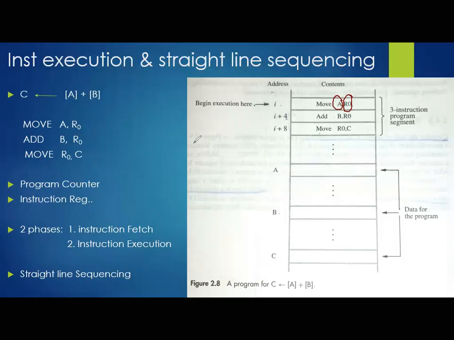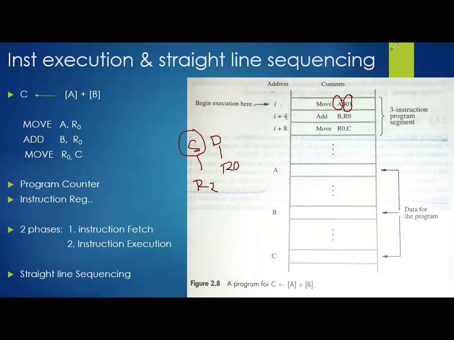So from MDR to some temporary location, we need to shift them for operational purpose. While execution, both source and destination must be available inside the processor. So source value will be managed under any general purpose register except the destination register. Remember, here destination register is R0, so we cannot touch R0 over here. Instead, I can utilize R2. So source content value of A, I can shift to R2. Then from R2, we can move the value of A to R0. This is the temporary storage we are utilizing over here.